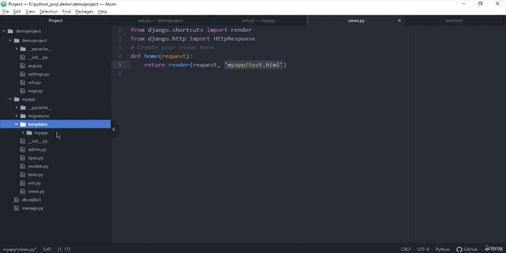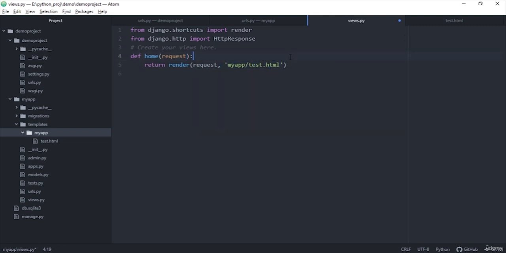But in order to differentiate between many apps, I'm going to create a new folder here, my app, and inside it create test.html. It is just how Django recommends it. We can create it inside the templates directory directly without this folder, but it helps us keep things organized. So what I'm saying is I'm going to pass this request object and use the HTML template which I've just shown here. So if I save it now and run this,